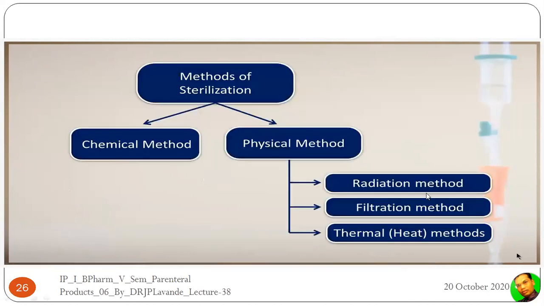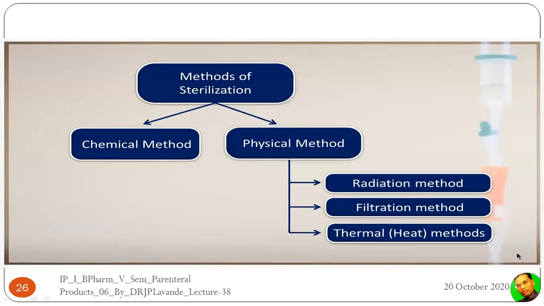Now, what are the different methods of sterilization? We have different methods, like the chemical method and the physical method. In case of chemical method, we use different gases and different chemicals. In case of physical method, we can go for heat, filtration, and radiation. Different kinds of radiation, like UV radiation and gamma radiation, are used. The filtration method is for clarity as well as for sterilization. Bacteria-proof filters are going to be used.